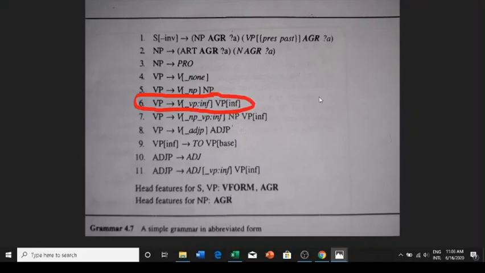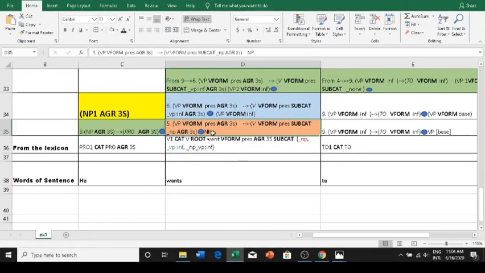Okay, this rule. So let us analyze this rule before we use it. So in this rule, the mother is VP on the left. Then what is the head constituent? The head constituent is this verb, right? This verb on the right. So what all things will they share? They will share these two features, vform and AGR. Again, vform and AGR are not written there explicitly, so we have to understand that instantiation of this verb on the right with the vform and AGR will also create similar values on the left. Okay, so we are going to use this rule anyway. So we are actually stopping our proceedings with rule number 5, and we are going to use rule number 6.